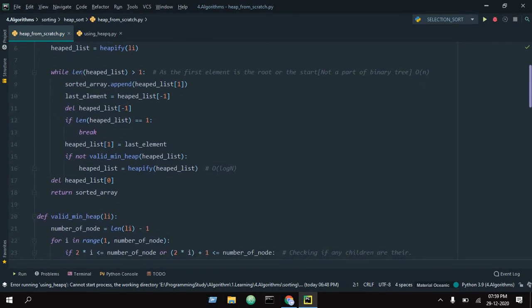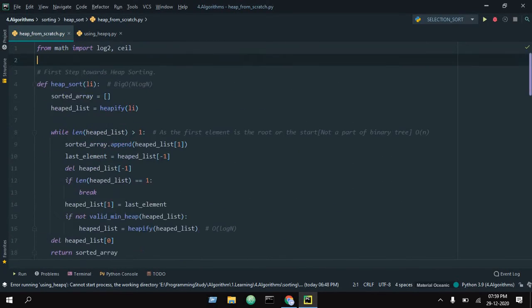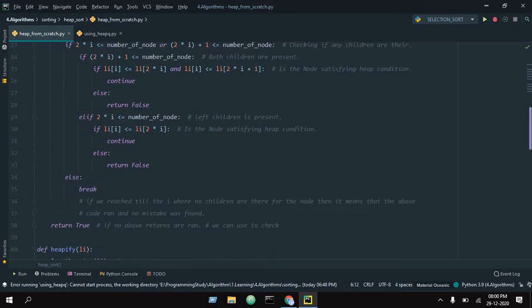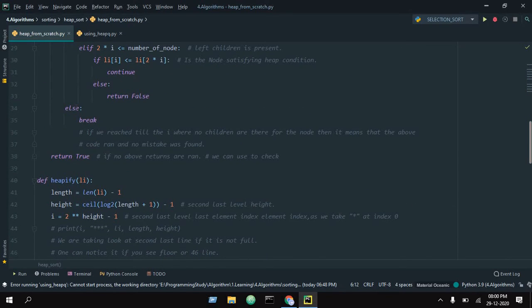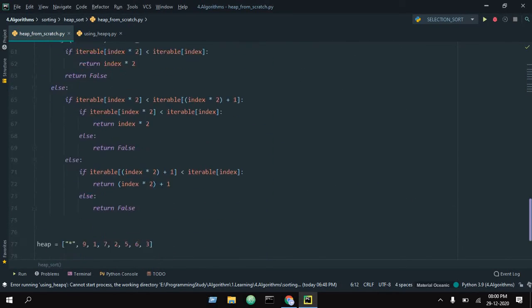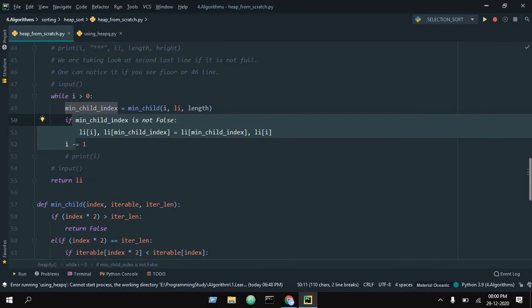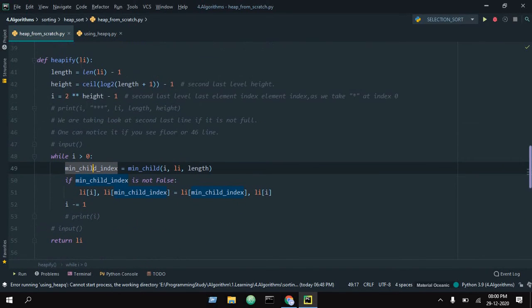So you can view this code, and it's easy, as in heap sort we have two primary functions and others are supporting functions. Heap sort is the primary function, and heapify is the second primary function.